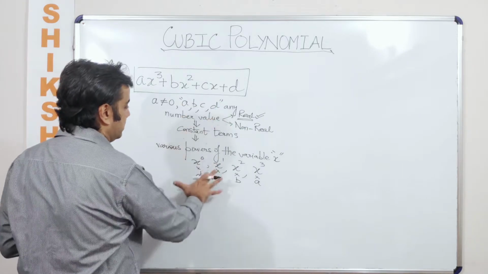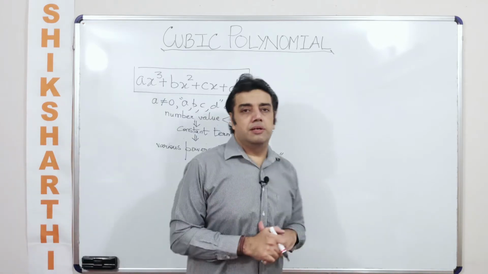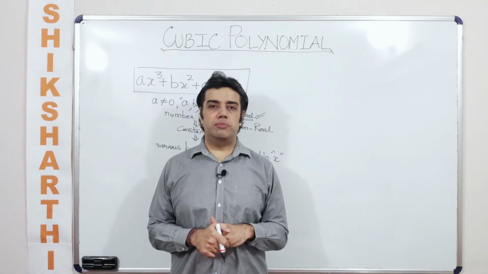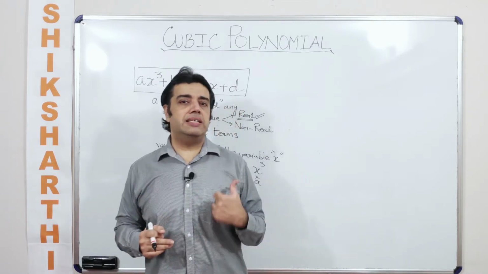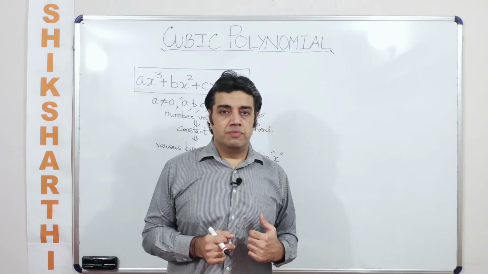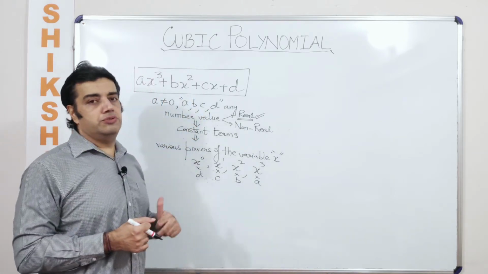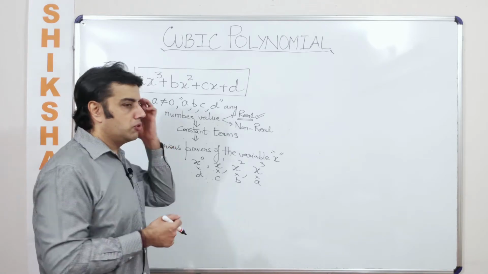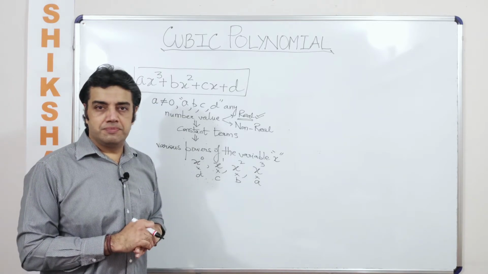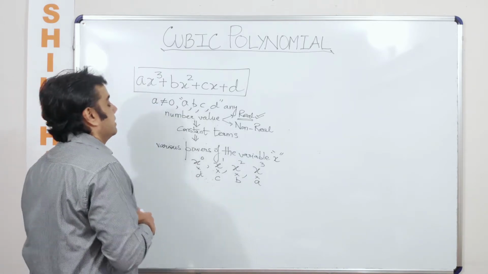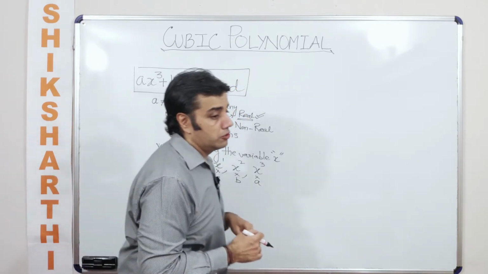Okay, now once we know this, so we know how a cubic polynomial is formed. A cubic polynomial is formed ideally with the help of various powers of the variable that we are using here, and here we are using a single variable. So as we step up the ladder, we can use 2 variables also, we can use 3 variables also, and still we can talk about a cubic polynomial. But as of now, we are only talking about a cubic polynomial in 1 variable. Okay. So now once we know how these are formed, and this is the ideal format of a cubic polynomial.